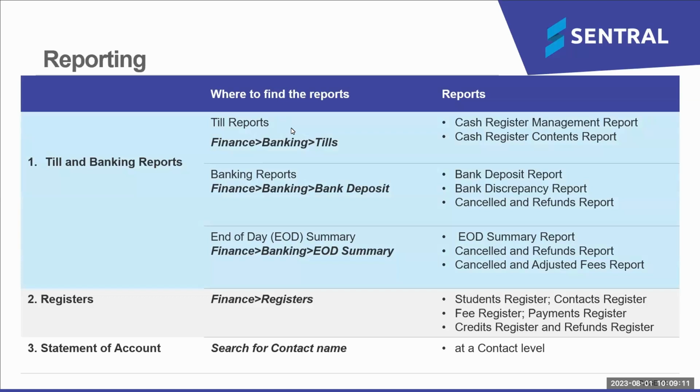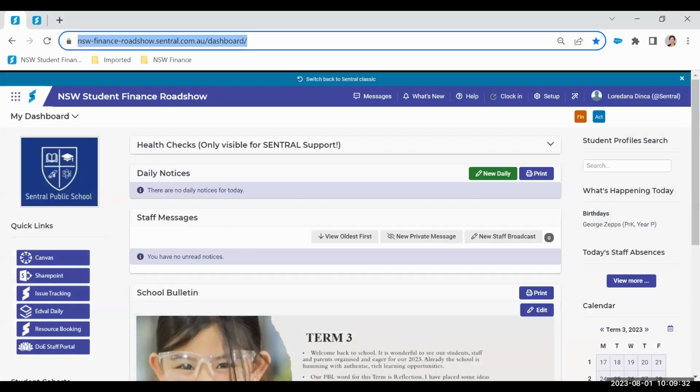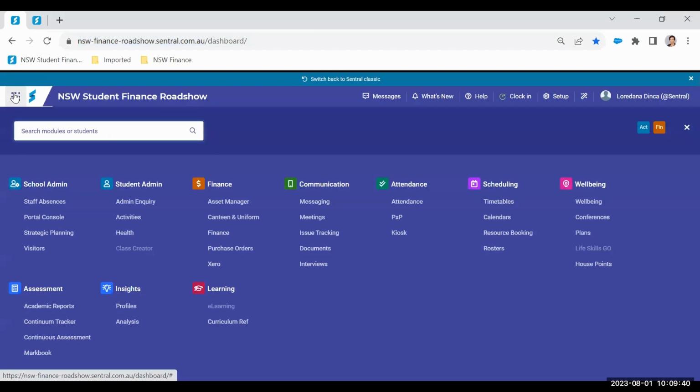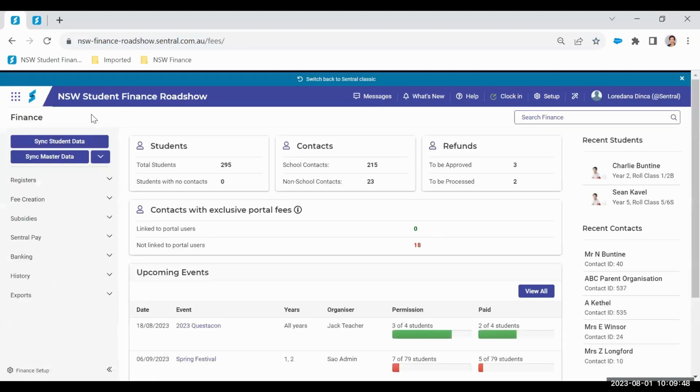We're going to look at the TIL reports, the banking reports, and the end of day summary, which are obviously all these reports that can be either printed or be retrieved at any time in your finance module. So let's look at the TIL reports, and I'm going to now go into my demo site. So by now, perhaps all of you are familiar with how to navigate and how to go to finance. So I'm going to click on this waffle icon, go into finance in this module, and I'll have an overview